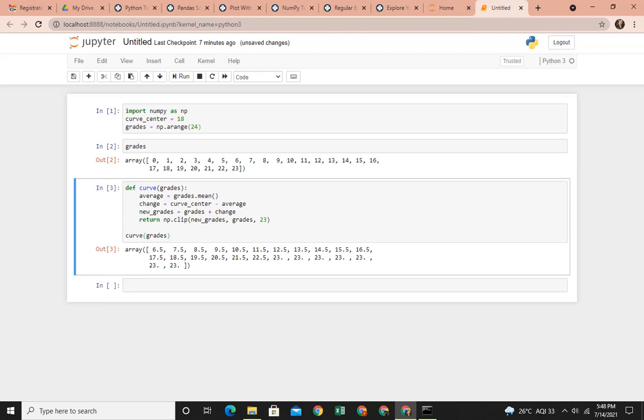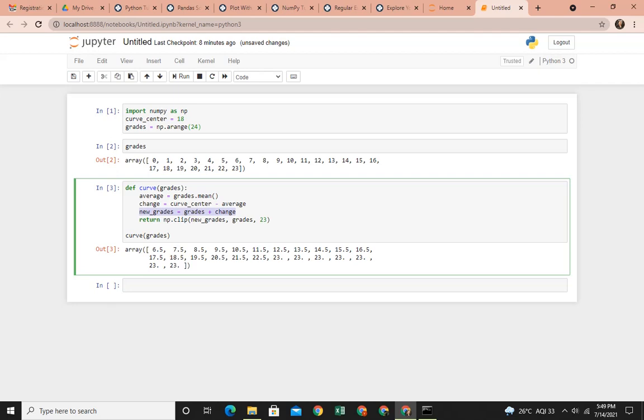Now the point worth noting is this statement: if you observe, this change is being added to each and every value of the grades without implementing a for loop. Normally if we would have done this in Java or any other programming language, what would we have to do? We would have to have a for loop.